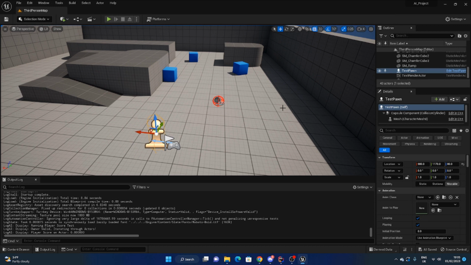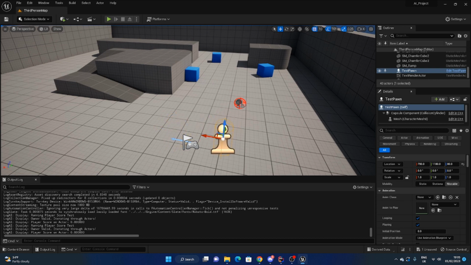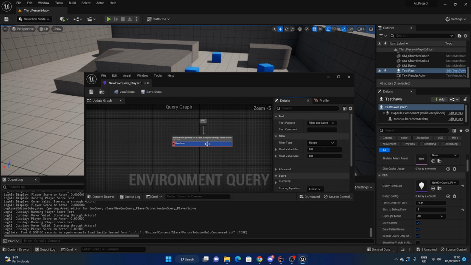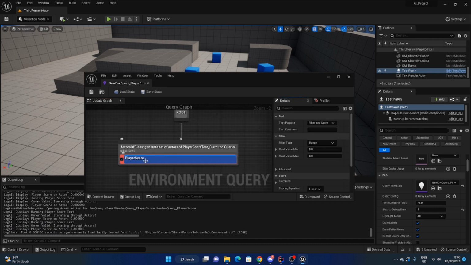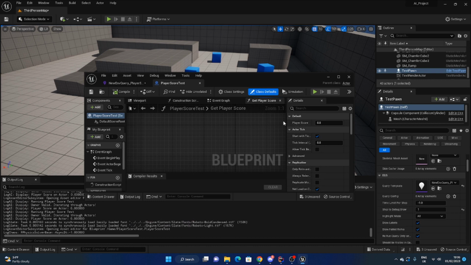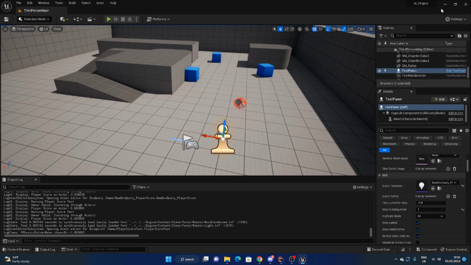Now, I just wanted to start off with a quick overview of what we're going to be going over in this tutorial. So, I have here an EQS testing pawn, and as you can see, it's running its own test, its own EQ environment query. If I open this up, I can show you it's running its own custom test here. And what this test is actually doing is, if I open up the player score test blueprint that I'm going to be going over how to make today, it's calling this interface here and getting this property here, and